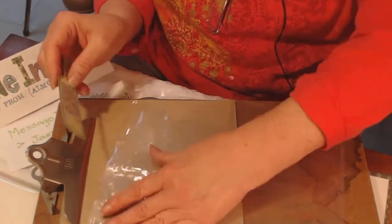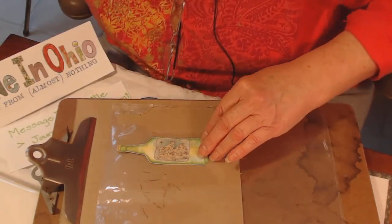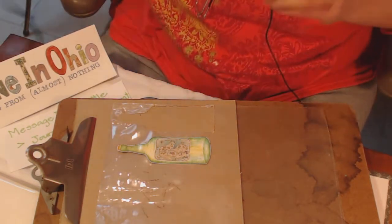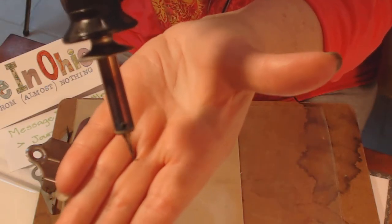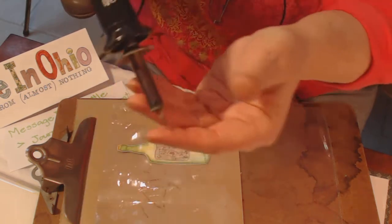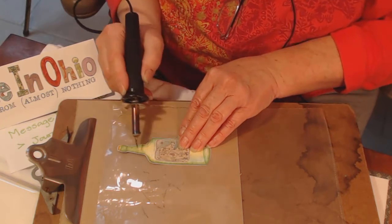And you lay your plastic on there, and I slip it in there, and I just happen to have an old heat tool, and I mean old. I was using it years ago when I was making my own stencils. Now what you can see here is, I wonder if you can see it, the tip of my heat tool is bent. It's melted to a curve. Well, that has served me well, because when I'm using this, I aim that little pokey bent thing down,